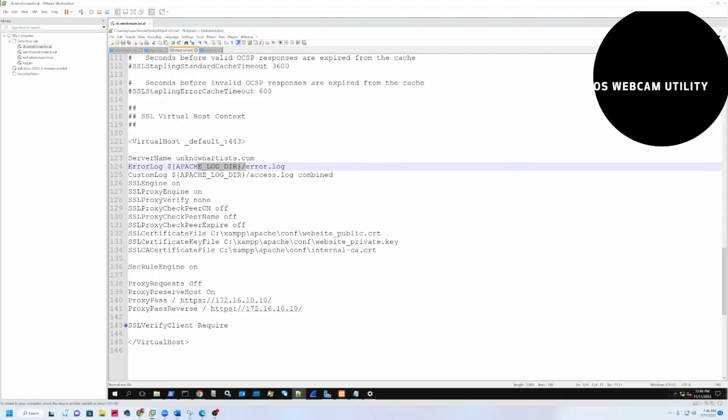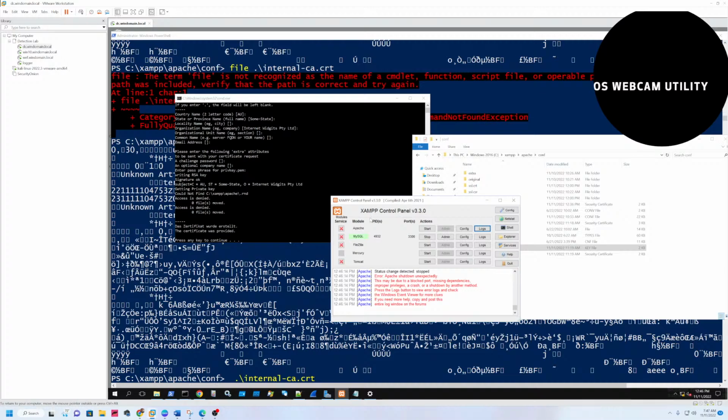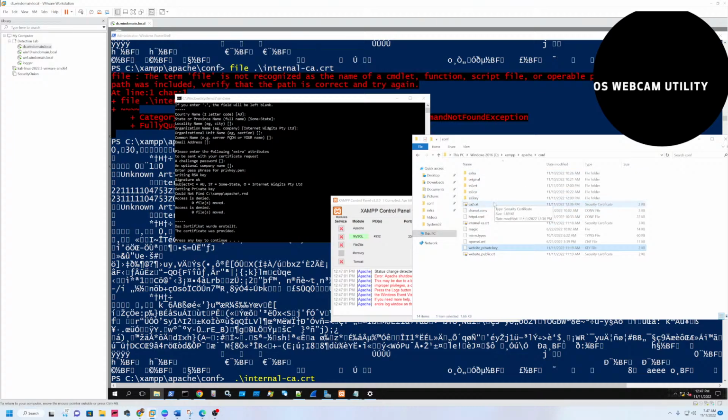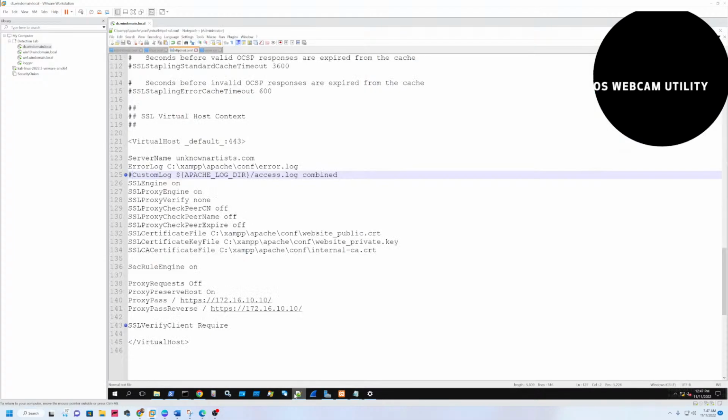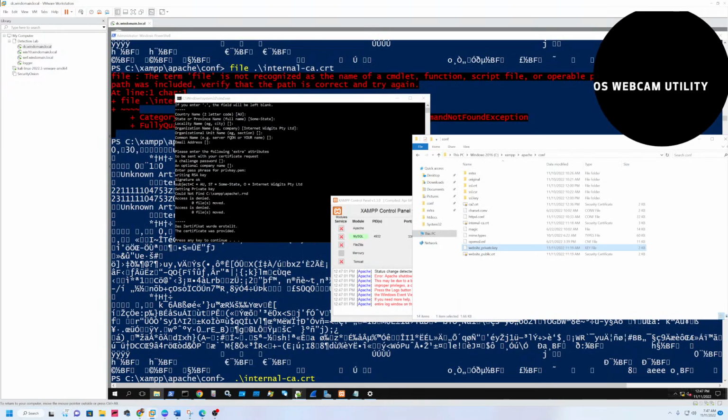Let's just save it as here. And I don't know what this is, let's just comment it out. Start, logs. It's not in there anymore. It is in here now. It should be. Apache XAMPP, apache conf error, and you don't see it. So